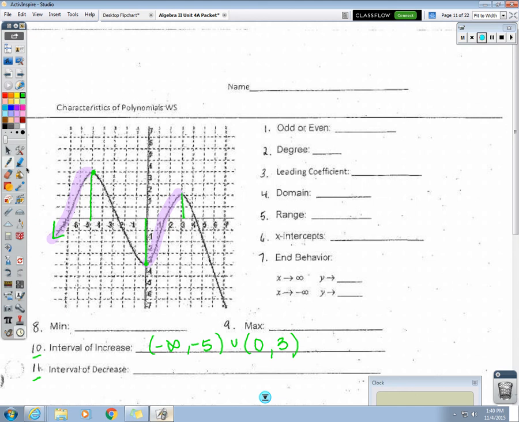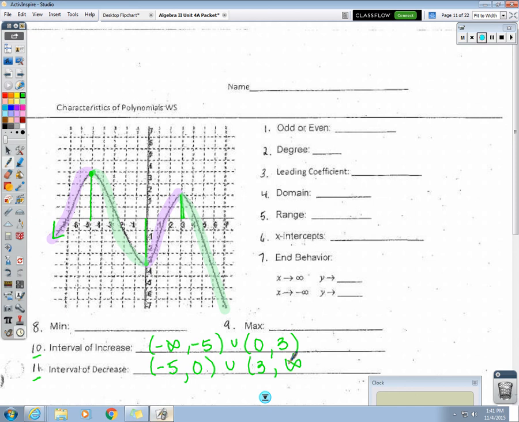How many sections is it decreasing in? Well, 2 sections. And it started decreasing at negative 5. And then it decreased until it got to 0. And then it started decreasing again at 3. And decreased